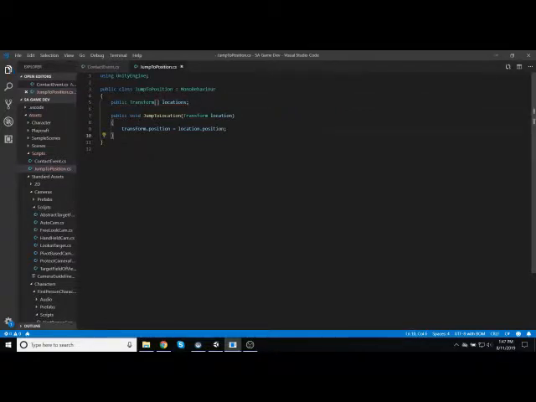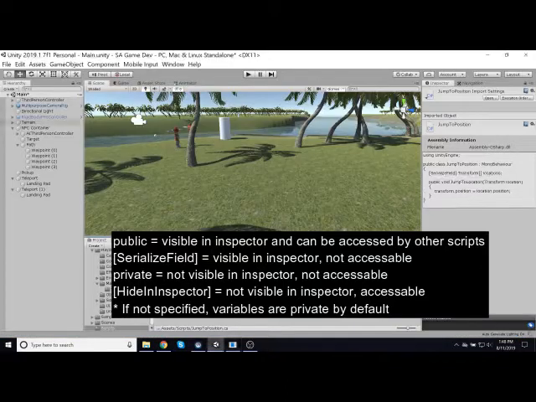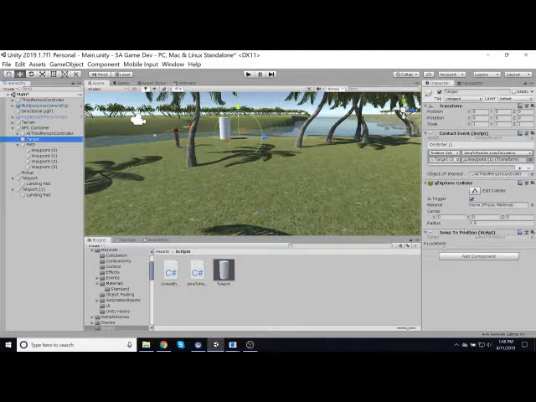So this can store multiple locations, and actually this doesn't need to be public. I can just use the serialize field. Okay. Serialize field transform array of transform locations. So now we can see here in our target, this jump to position, I have a list of locations,